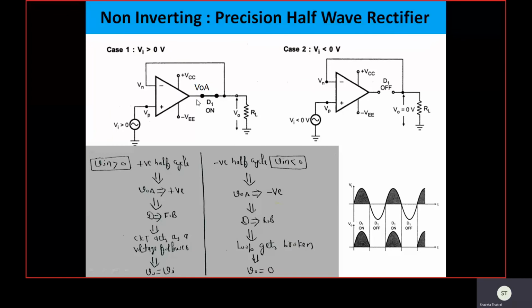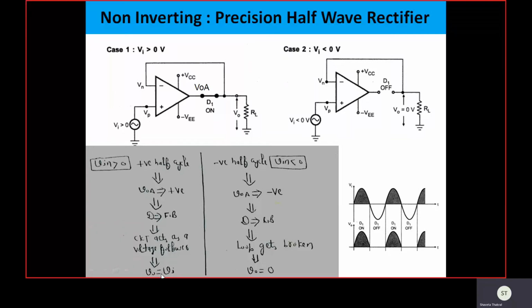When the output is positive going, we have the diode in the circuitry and the P type is connected at this point, so the P type will get positive potential. In this way, this diode will get forward biased. When the diode gets forward biased, we have a short circuit here, and this output point is connected back to the inverting input terminal, and this becomes the voltage follower circuit. In the voltage follower circuit, we know that the output obtained at this point will be the same as the applied input voltage.